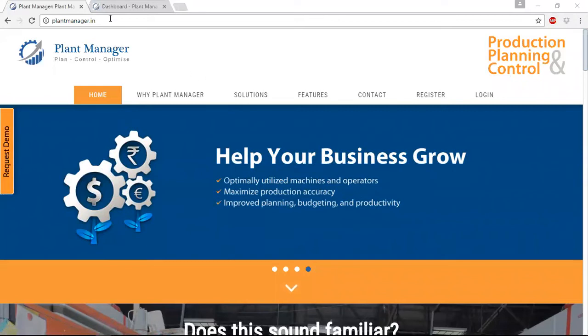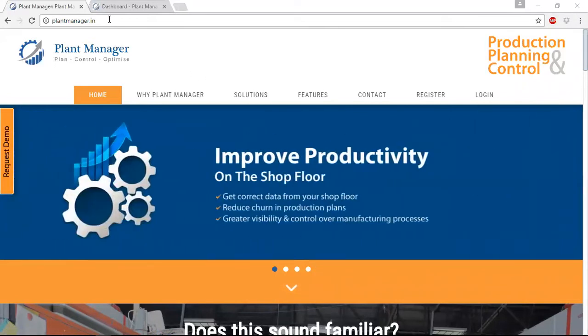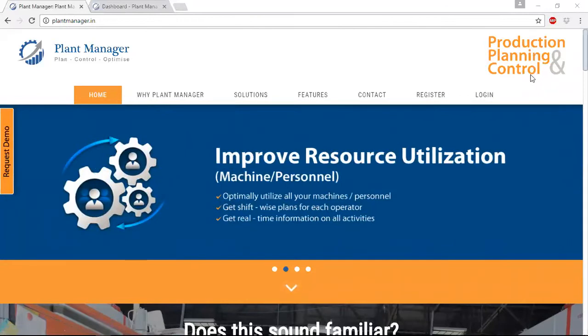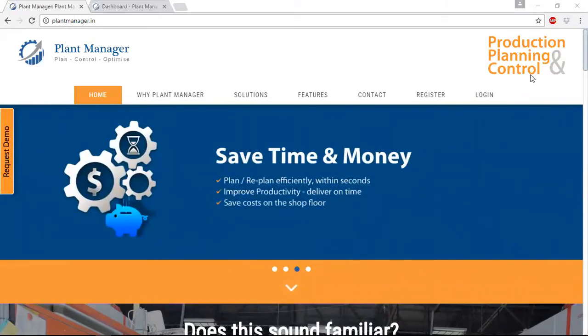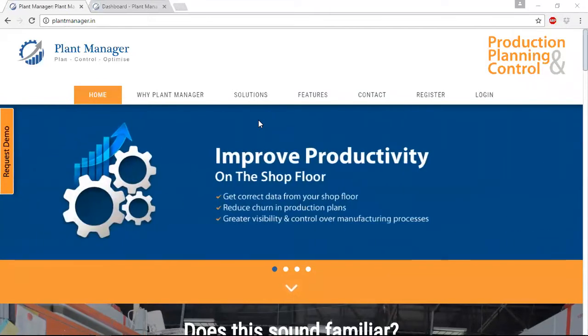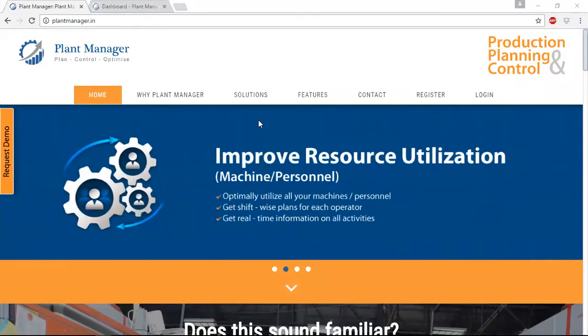PlantManager.in is cloud-based software developed by CNC Times Private Limited for production planning and control. Basically, we identified a problem segment where the ERPs or SAPs of the world are not currently handling the resource utilization and the planning, scheduling, and rescheduling aspects of the shop floor, which in our opinion, for any manufacturing job shop or manufacturing unit, is the critical element of the entire